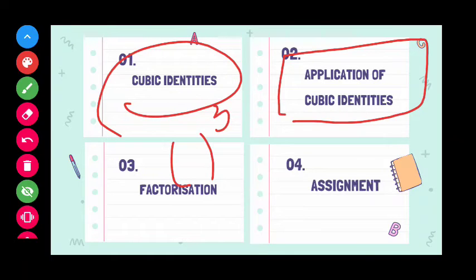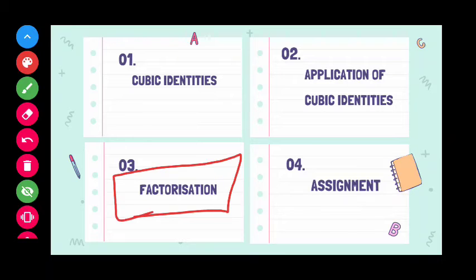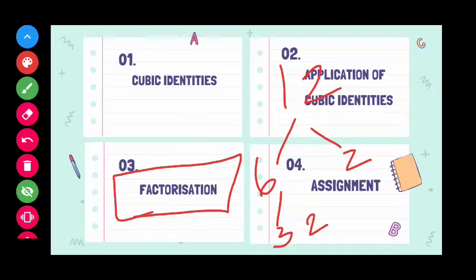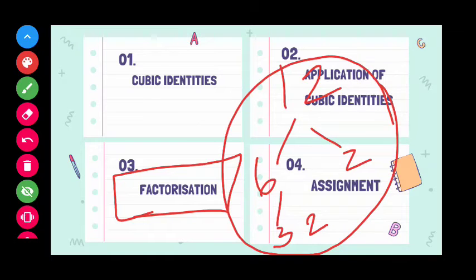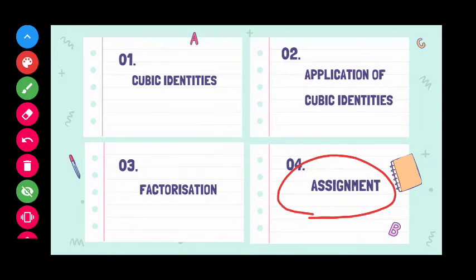Also, factorization we have seen already. Let's take the number 12. The factors of 12 are 6 and 2, and the factors of 6 are 3 and 2. This is how you find factors for a number. The same way you can make factors for algebraic expressions also. That we'll be seeing today, and I'll also be giving you assignments at the end. So let's get into today's class.